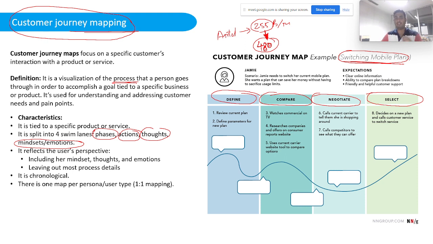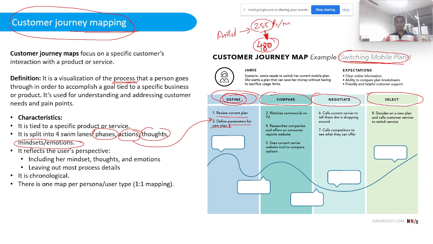The very first phase is define. Within define, the actions that we perform are, we review the current plan, in terms of its limitations and the offers it provides. Then we define the parameters for the new plan. That means we review the current plan, look for its issues, and estimate what should be the requirement for the new plan. That's what we do in the define phase. The name of this phase can be different for different problems, but for switching mobile plans it is the define phase. So we first have to define the parameters of the new plan,